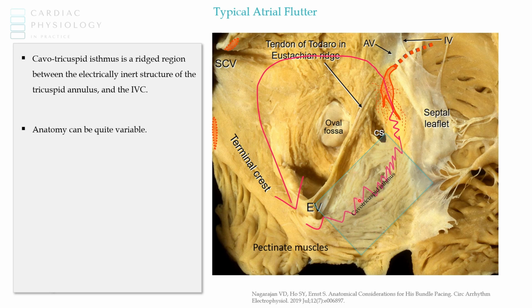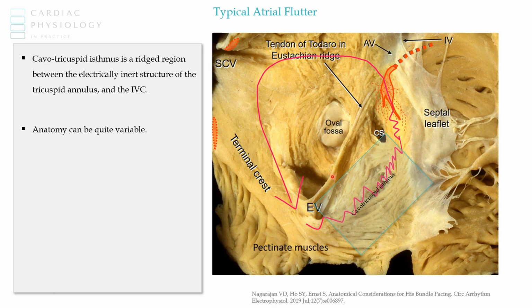Anatomy can be quite variable here. You can see that there's a lot of ridges and valleys in this region, and those ridges are simply a continuation of the pectinate muscles, and this can make it challenging to ablate all these areas and in between these ridges. Another anatomical structure that we can see that's very relevant to CTI ablation is the eustachian valve or ridge,